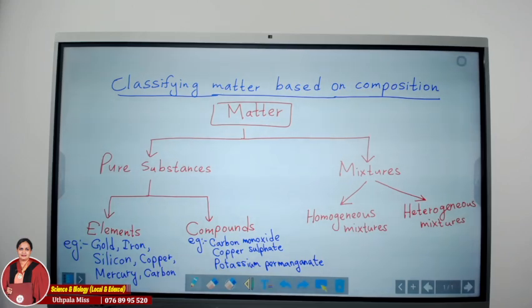Now when you are preparing cordial, you dissolve a concentrated syrup in water, right? Then both are in liquid state, but you obtain a solution. Then when you are making a sugar solution, you dissolve sugar in water, and you obtain a sugar solution. Then what about a salt solution? Salt and water are mixed together. You make a salt solution.